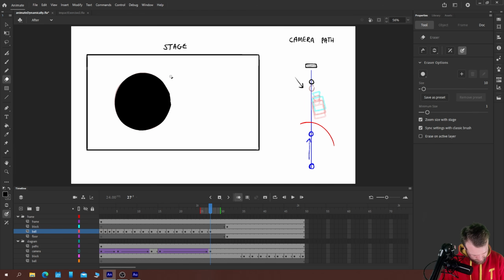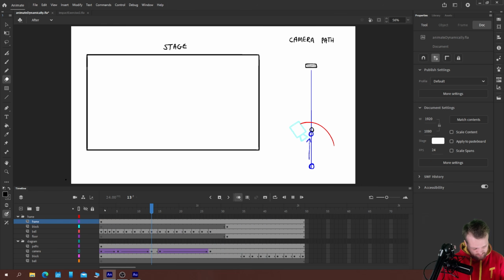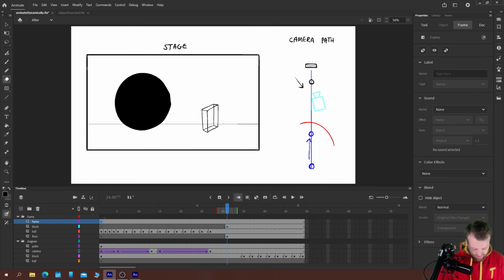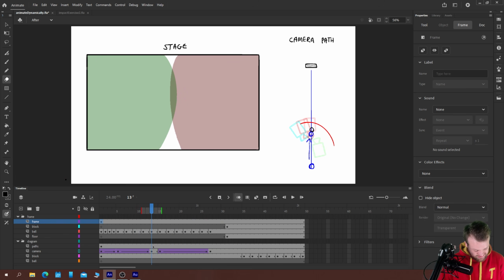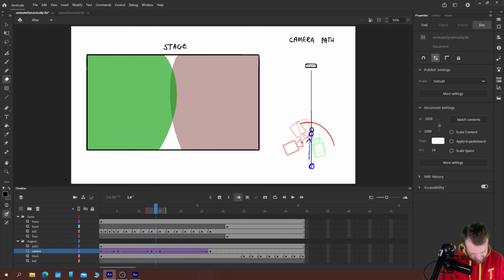Like so. Now, boom, we have a ball that's whipping around the screen. The reason this jumping over the 180 line works is because we're almost doing a continuous movement. If I were to classic tween here, you could see that the camera does actually continue this path. If I just draw the path